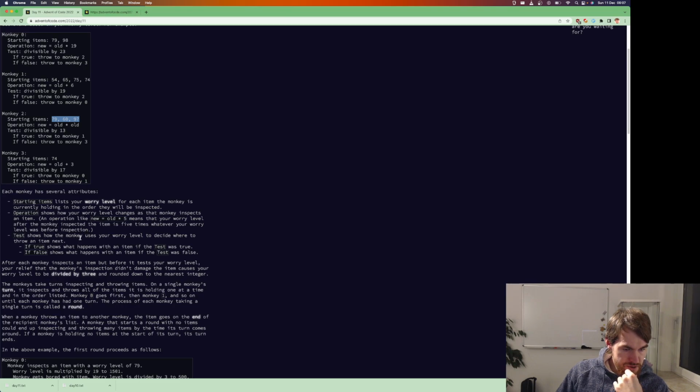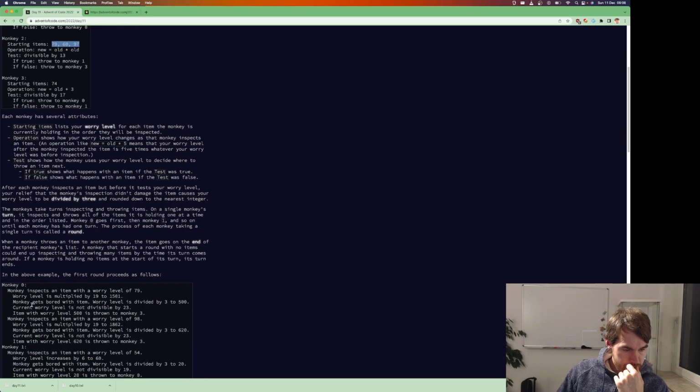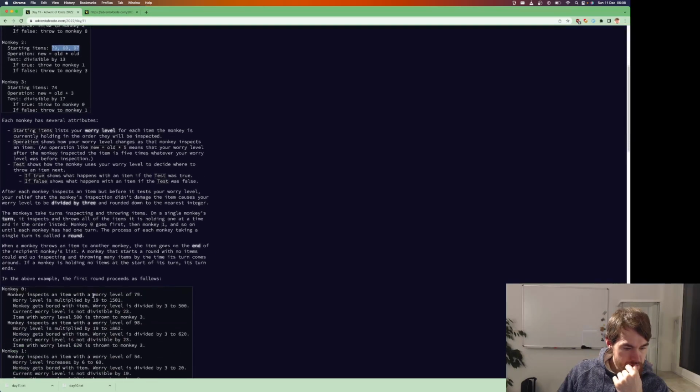Test shows how the monkey uses your worry level to decide where to throw an item. After the monkey inspects an item, but before it tests your worry level. So it tests an item, inspects an item, okay, so the item,